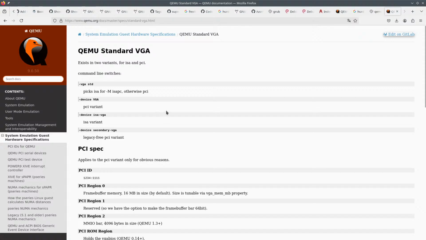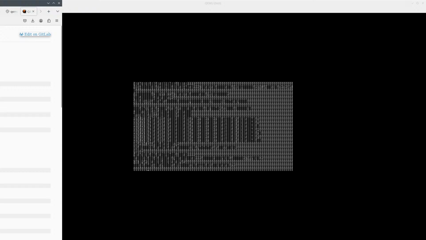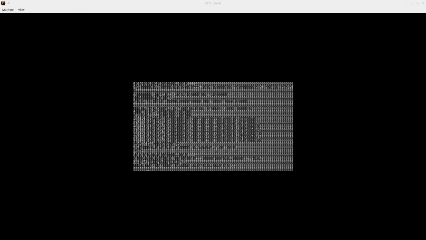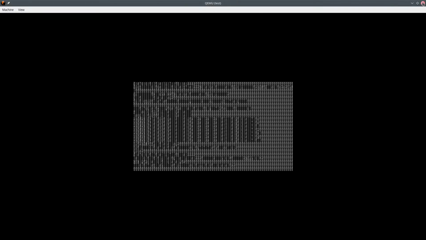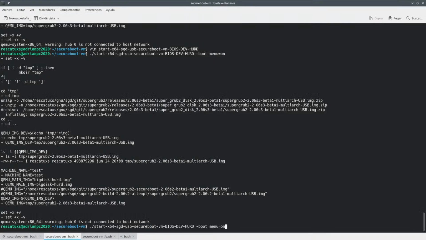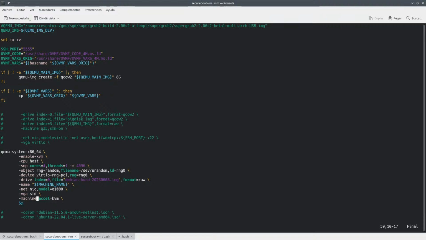There should be ISA device VGA. Device VGA. Device ISA VGA. I mean, is this something that you can use in the same command line thing? Okay, so we close this. So in theory you could do something like device VGA like this.